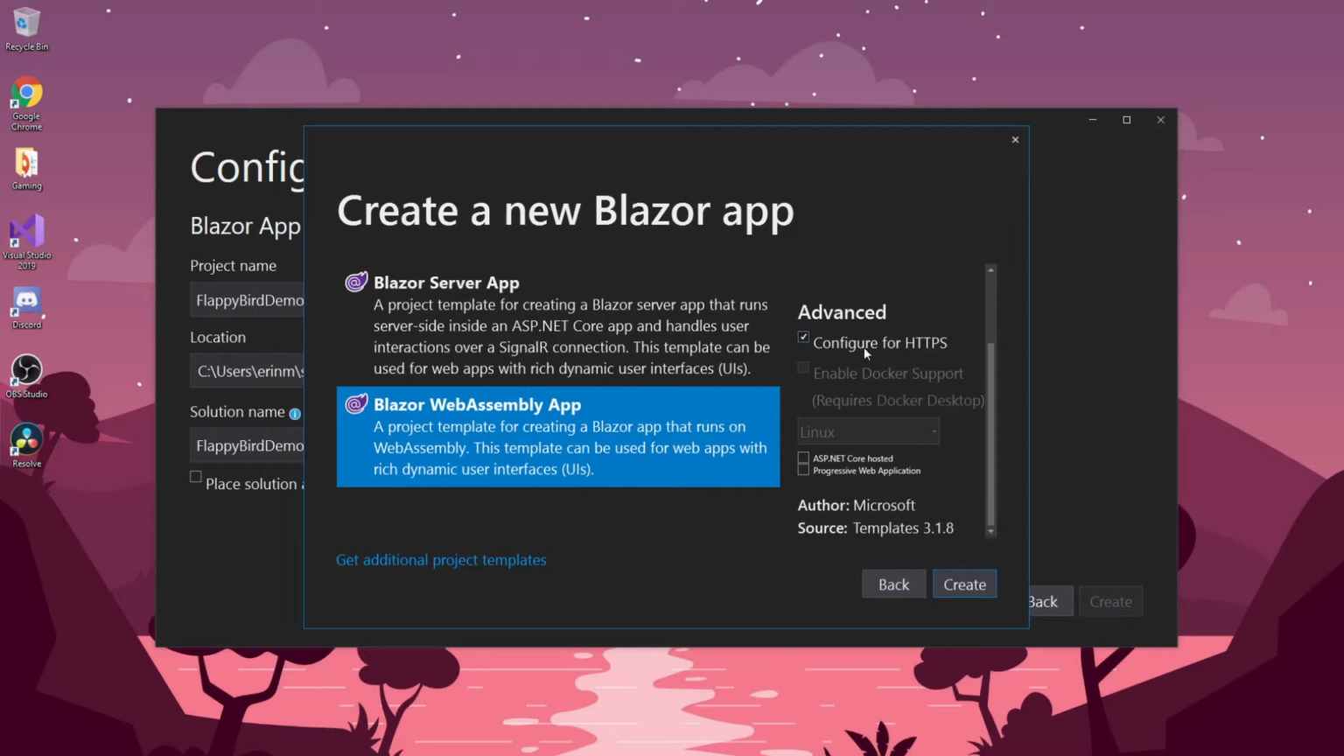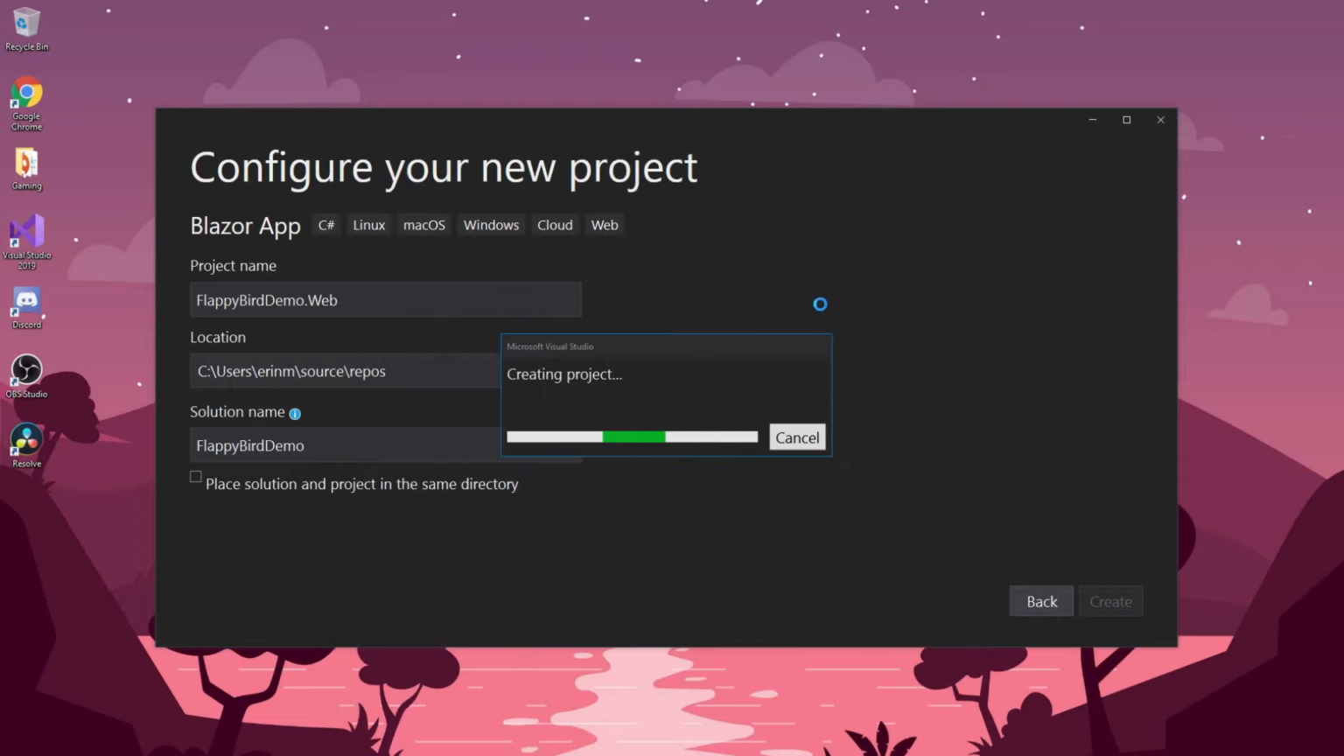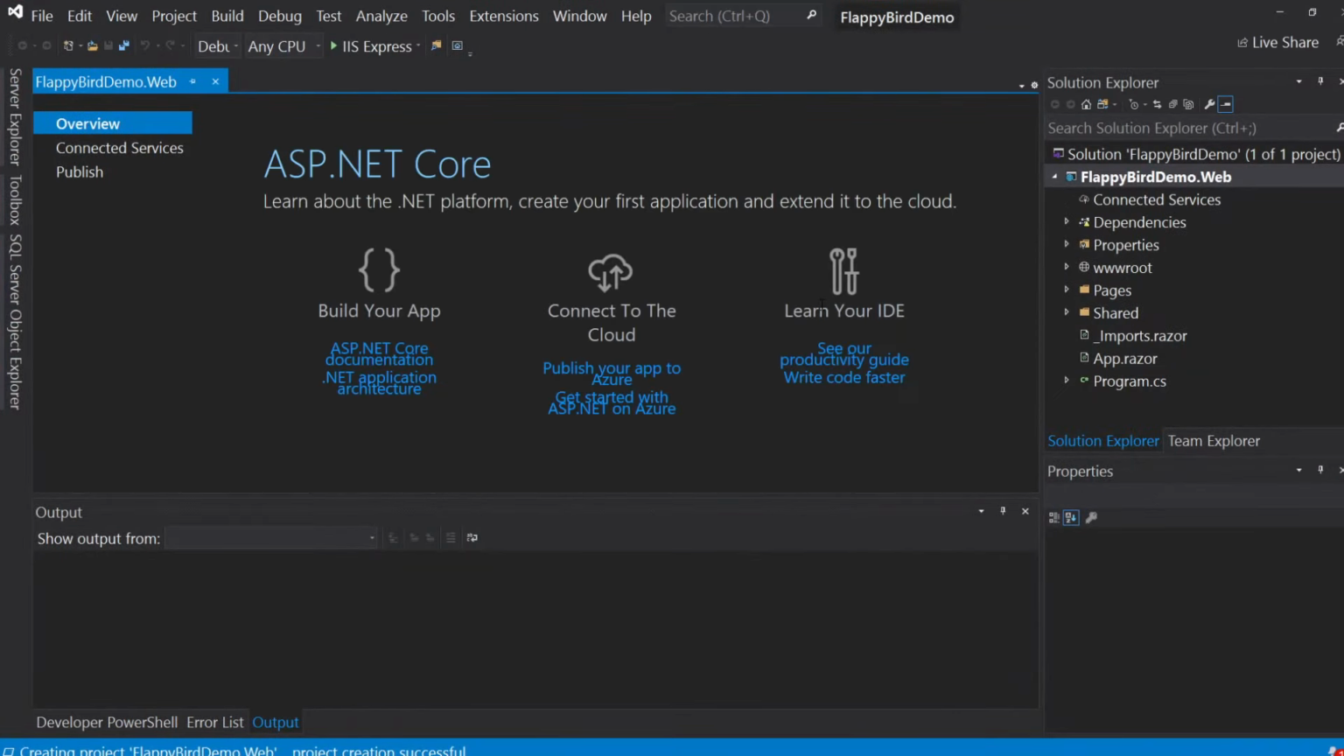So keep configure for HTTPS checked. We're not going to have it be ASP.NET Core hosted. This would scaffold out a client-side project, a server-side project, and a shared project for us, which is too much. That's not what we want to do right now. So keep this unchecked. And then we're also going to keep progressive web application unchecked. So straight out of the box, Blazor WebAssembly app. We will hit create, and Visual Studio will scaffold out a